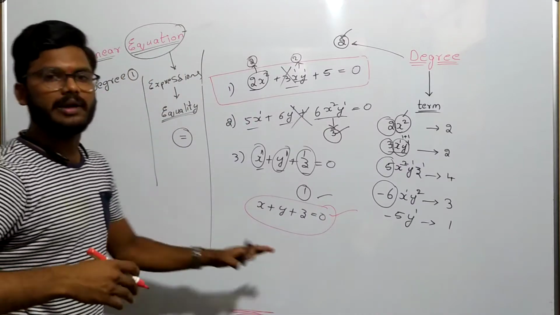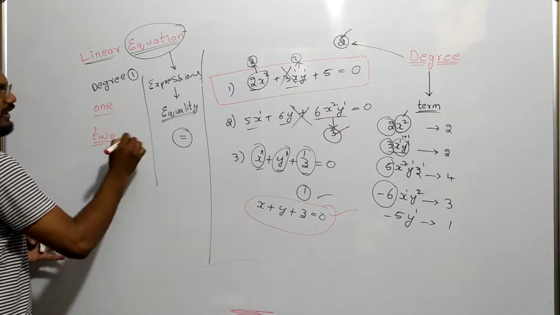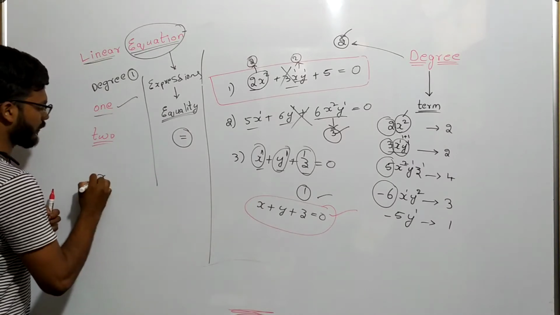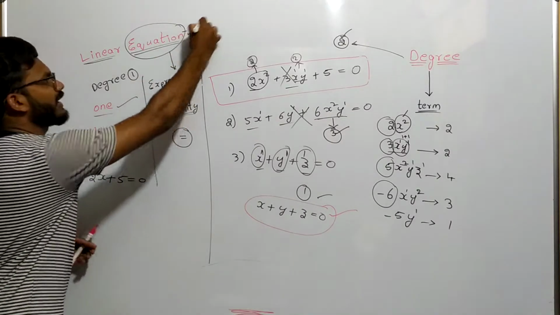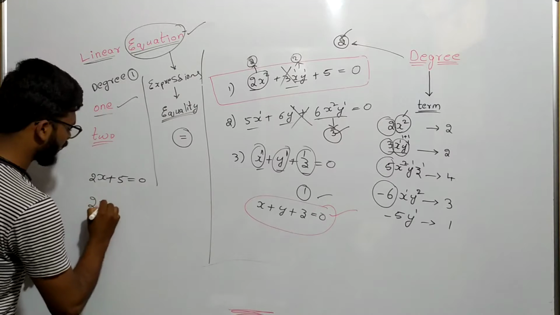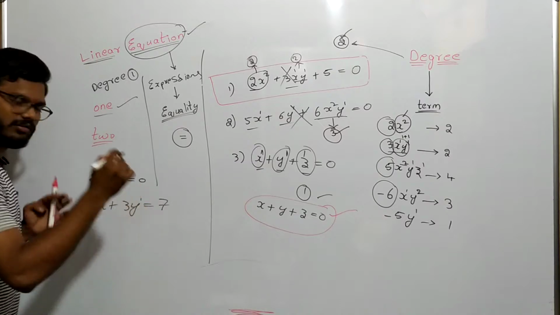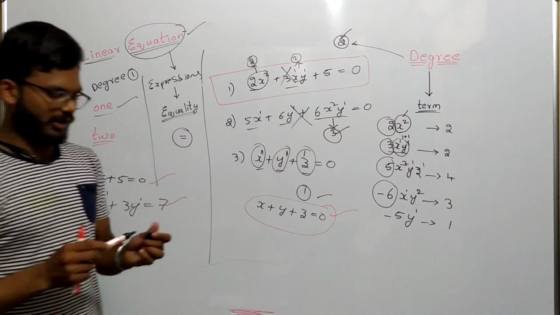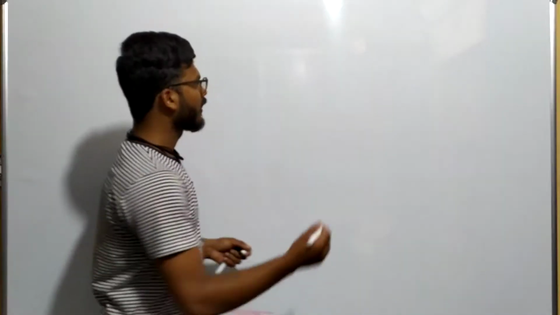But it also depends upon the number of variables. Linear equation in one variable, linear equation in two variables, like that we will get. If you have only one variable, you can tell linear equation in one variable, like 2x plus 5 equal to 0. This is an equation in only one variable and degree is 1. So you can tell it as a linear equation in one variable. And here 2x plus 3y equal to something. Here you have two variables, but degree is 1. So you can tell linear equation in two variables. These are about degree, equation and linear equation. Now, see what is this one?